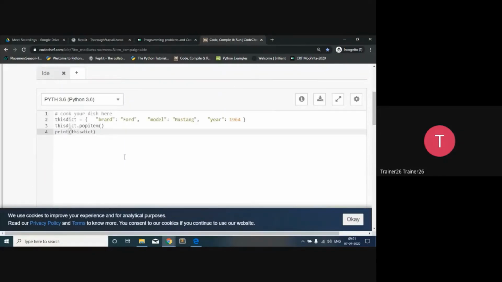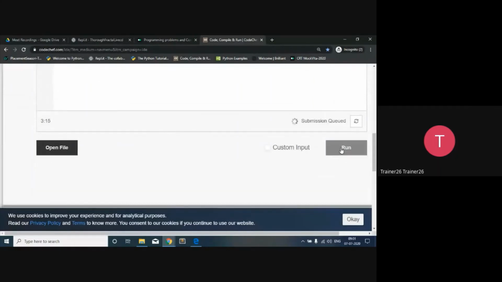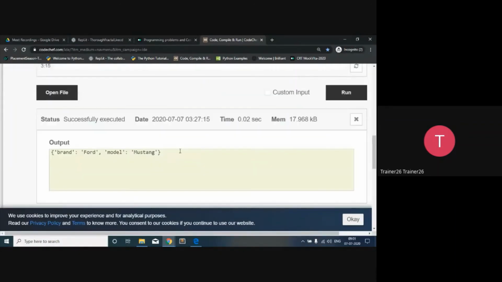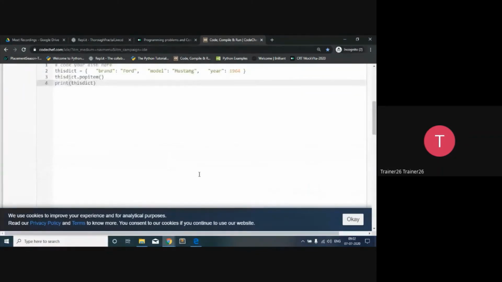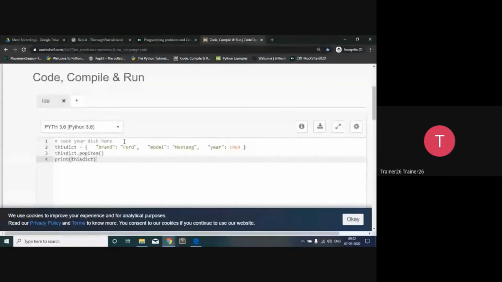Test it. So Python 2 is removing brand, and here it is removing year. So that's why unorderedness is there, meaning with the version it is going to change.